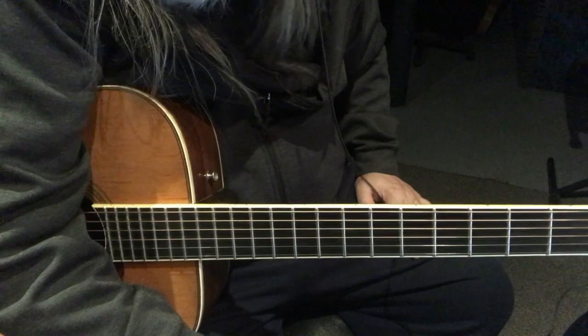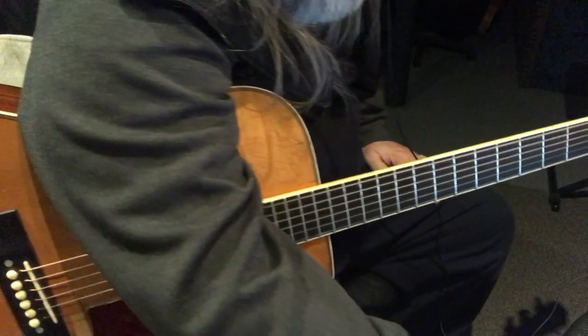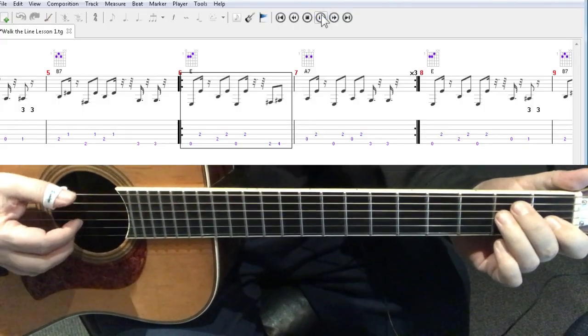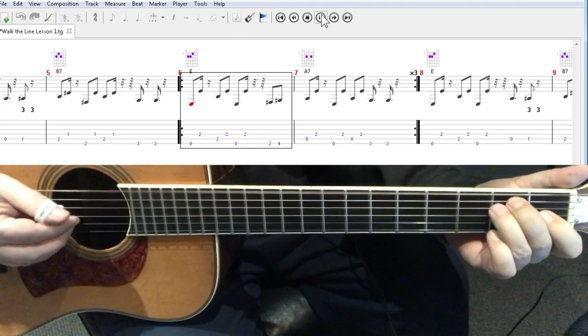All right, now we're going to loop measures 6 and 7, okay? Here we go. 1 and 2 and 3 and 4 and...